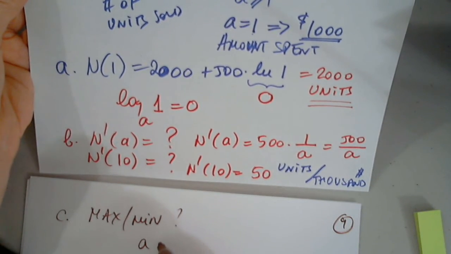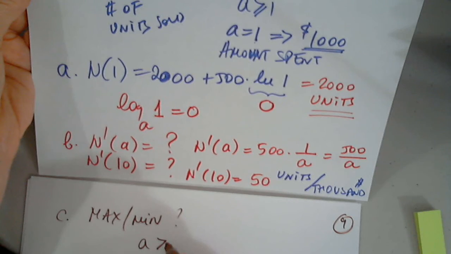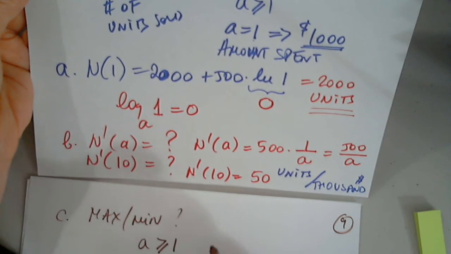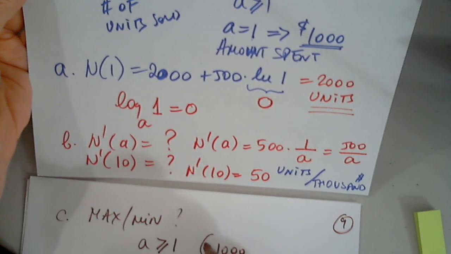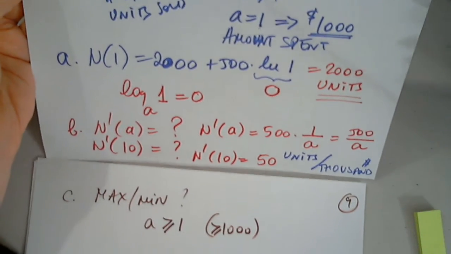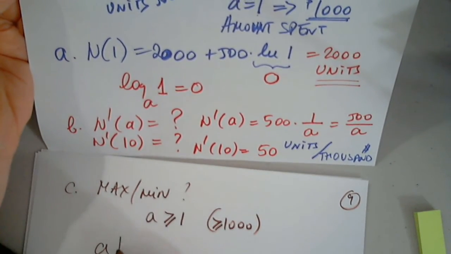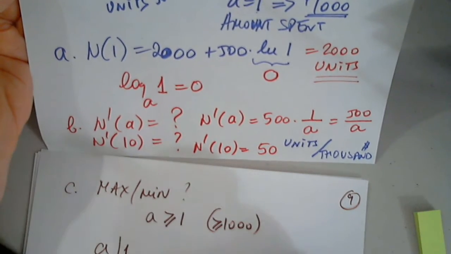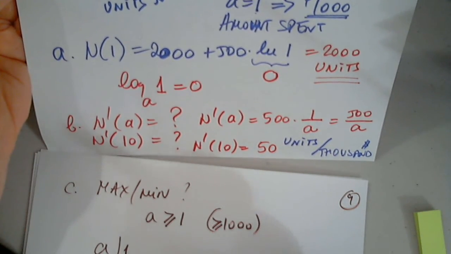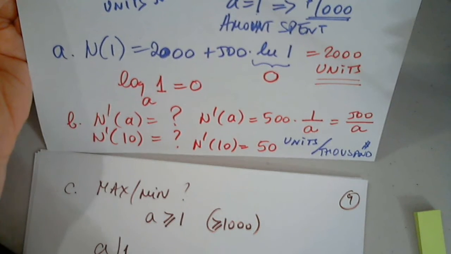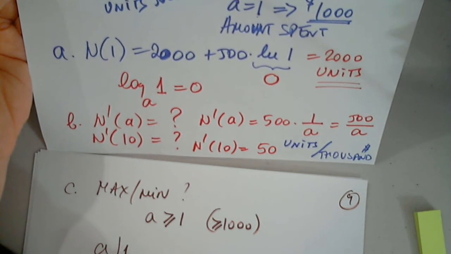Obviously, A is a number, we are told, greater than or equal to 1, which represents greater than or equal to 1,000. So when I start my table, I get 1 here, and 1 to infinity. So I have N prime of A,